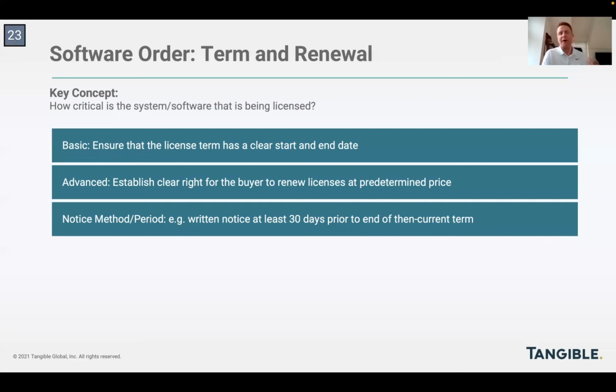So sometimes you'll find an order that might require the vendor to issue a notice to the buyer 30 days or 60 days in advance of the end of the term of that order. And that gives the buyer the opportunity to take that renewal invoice and pay it, thereby extending the term of the license for another 12 months, for example. And these are flexible. Nothing is set in stone that it has to be a certain way for the buyer and seller. What's important is that it's clearly established and that both parties understand how the process works.